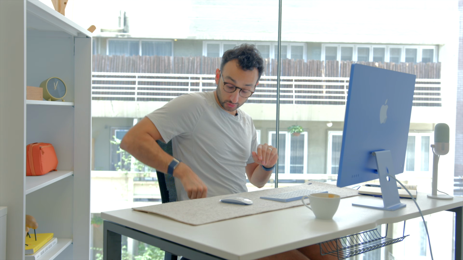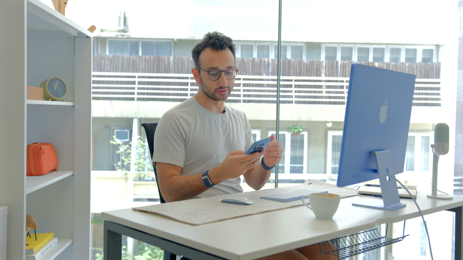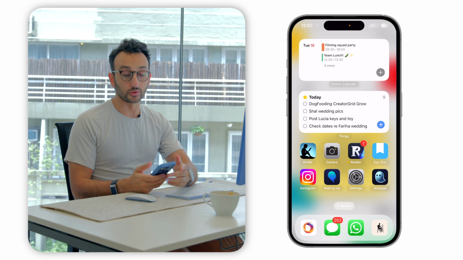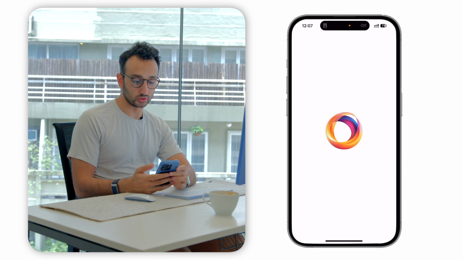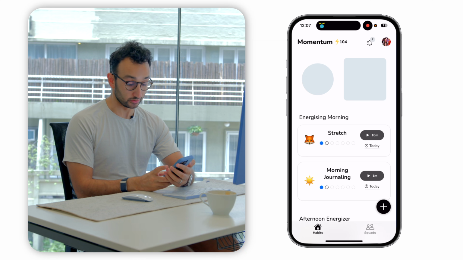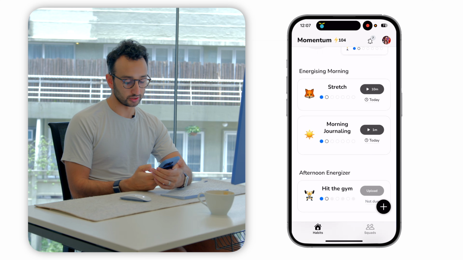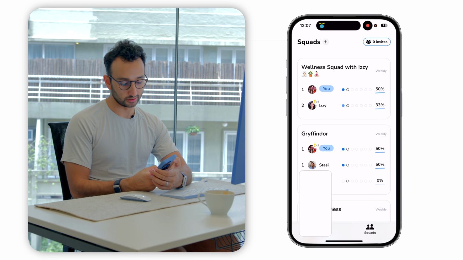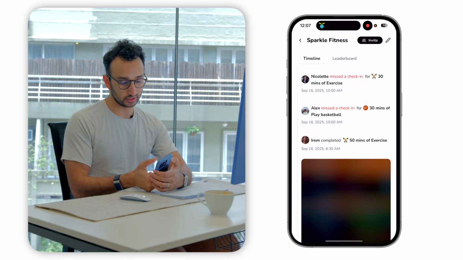Now I'm going to show you a bunch of different ways that I actually use this in real life. And so hopefully you'll get a feel for what I'm doing, and then maybe you can figure out how to tailor that to what you're doing. So right now, when it comes to the software, one of the things I need to work out is we're planning out new features to add to Momentum, which is our habit tracking and accountability app. So what I'm going to do is I'm going to screenshot a bunch of different aspects of Momentum. Let's look at Sparkle Fitness, leaderboard.